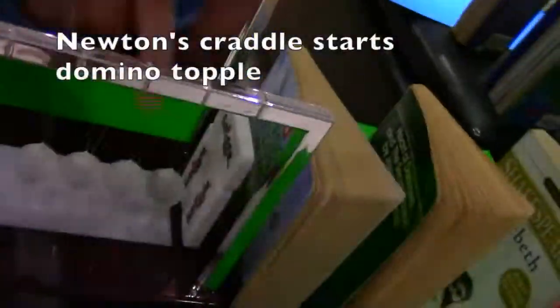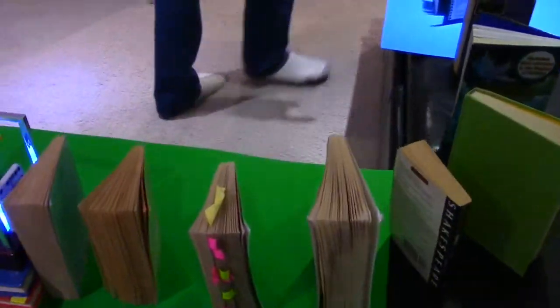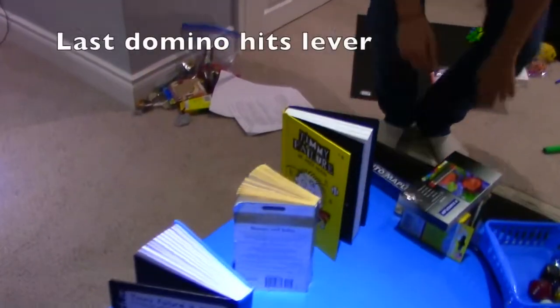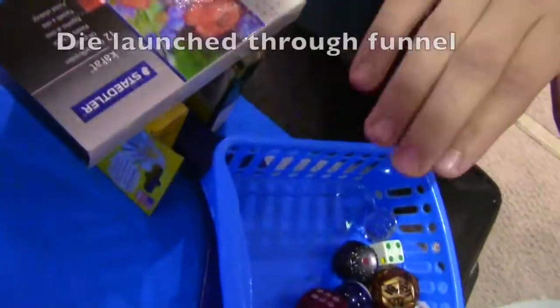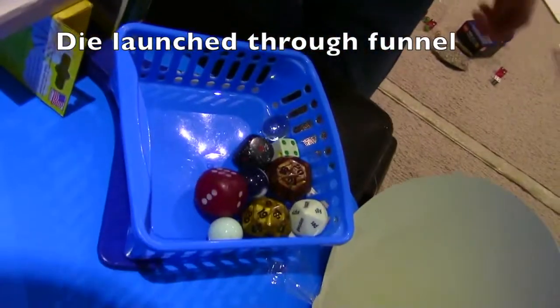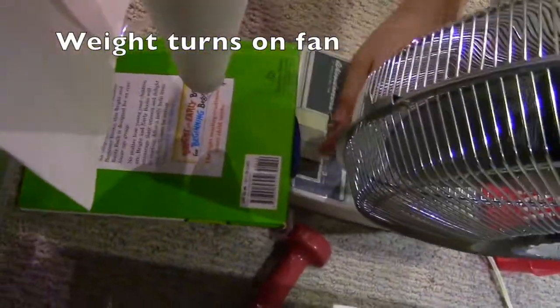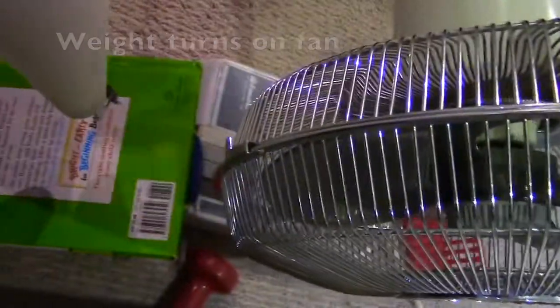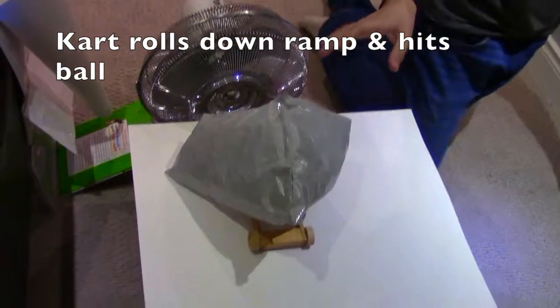Through this, the last ball will hit this domino, and this will cause another set of domino chain reactions. And at the last point here, we get to this lever. Once this lever is struck down, on the end we have a bucket that's full of little weights. Once it's hit, these weights will topple over, go through the funnel, and hit this book right here. And this book is attached to a weight, which is then attached to the button of the fan. Once this button is pressed down with the weight of the die, the fan will turn on and it will power this cart. This cart has a sail attached to it, so it will pick up speed going down,